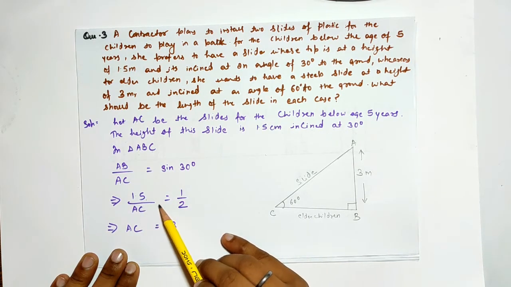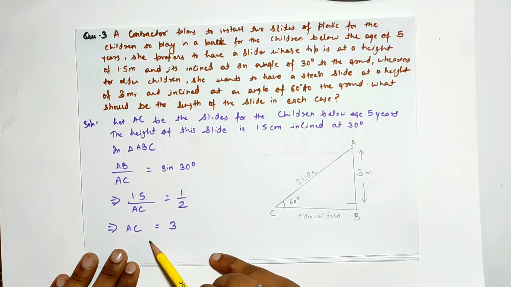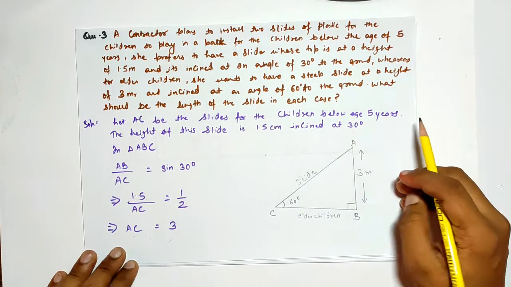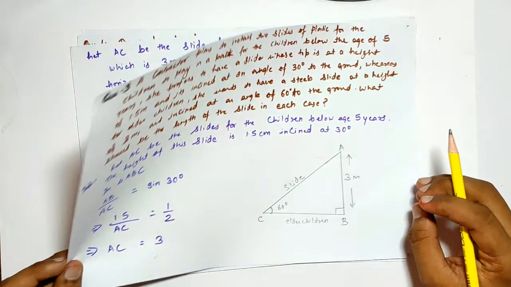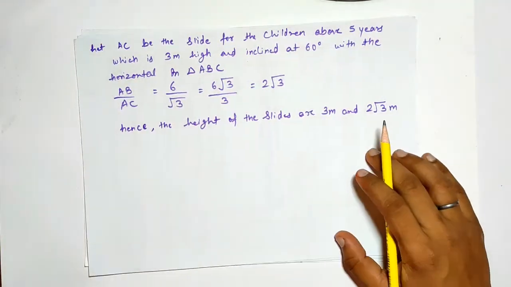15 upon AC is equal to 1 upon 2. Then AC equals 3. So after doing this, let AC be